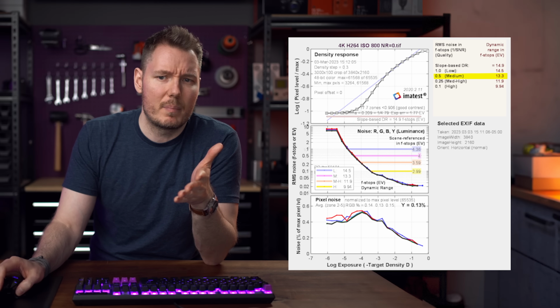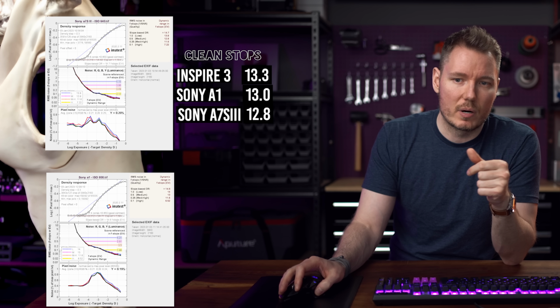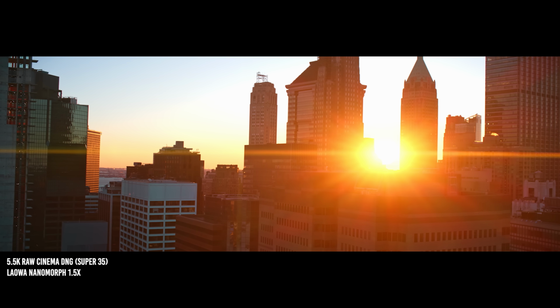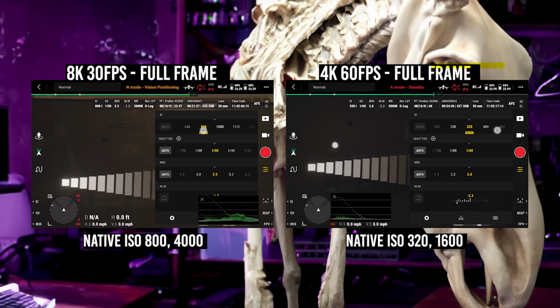I mean, that's gotta be one of the best. I think that beats all the mirrorless cameras, and we're into the high-end cinema camera territory now. So if you shoot it like a Sony camera, let's say, it actually outperforms the Sony cameras, which is saying a lot. And then just for good measure, we also changed it to 4K 60 because anytime you're above 30